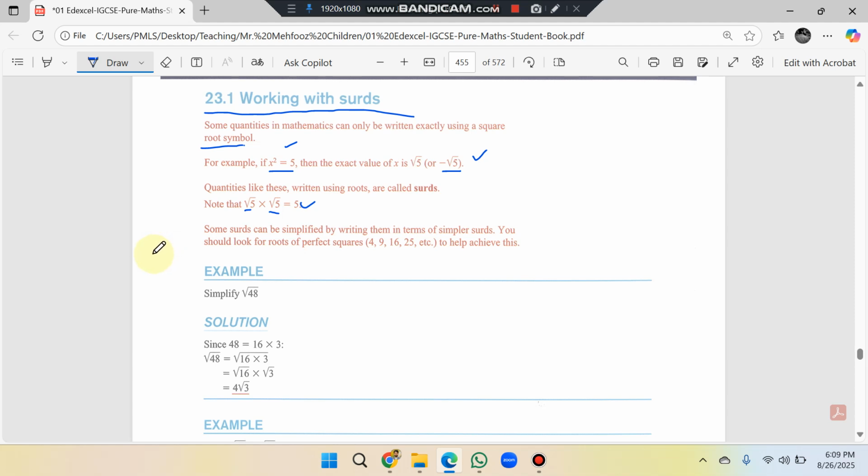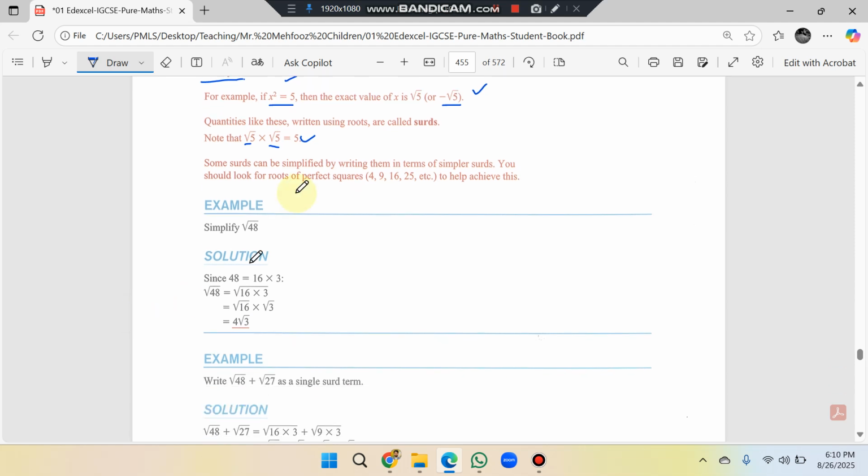next one is some surds can be simplified by writing them in terms of simpler surds. You should look for roots of perfect squares, for example 4, 9, 16, 25, etc., to help achieve this. So in this case, first of all, simplify square root of 48. So how can we simplify it? We first of all